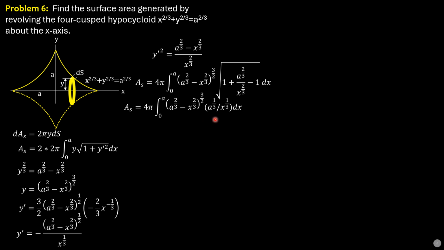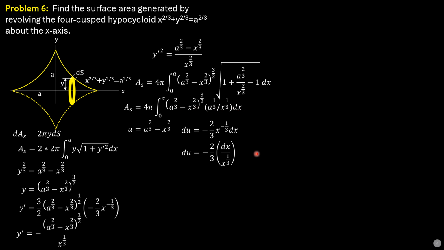So if we put u be a to the 2/3 minus x to the 2/3, the differential would be negative 2/3 x to the negative 1/3 dx, and du is also negative 2/3 times dx over x to the 1/3, and we can find here dx over x to the 1/3, which is this part. We don't have negative 2/3, but we can introduce this into the integral so that we can evaluate the integral of this integrand. We can evaluate that.